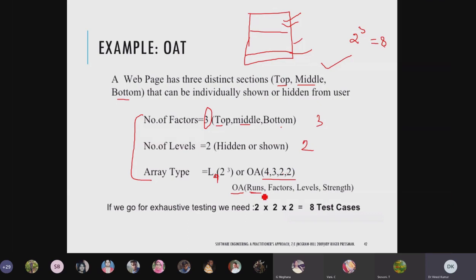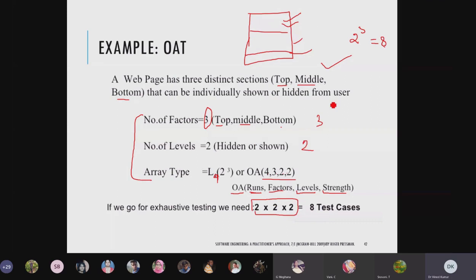Number of runs, factors, how many labels, and the strength. If you go for exhaustive testing, not using anything, that is what you traditionally do. How many possible ways will there be? This will be 8 test cases that you have to run.